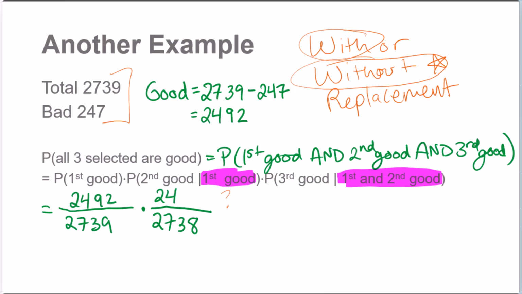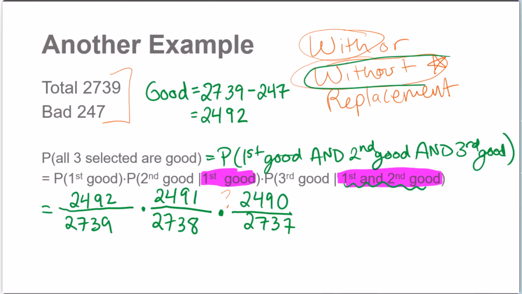The number of bad pieces has not changed, but that's not really part of my calculation here. Times, and then I do the same thing for the third one. If I've removed one extra, that I've taken out the first two pieces for sampling, then the probability that the third is good would be 2490 out of 2737. So a similar calculation to the last one. I'm assuming that these are dependent events, that these selections are made without replacement. In this case, if you calculate this out, it comes out to about